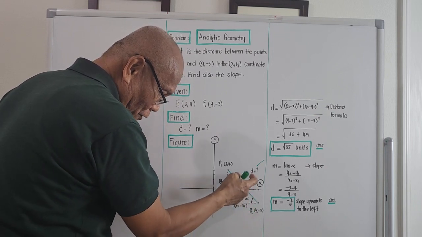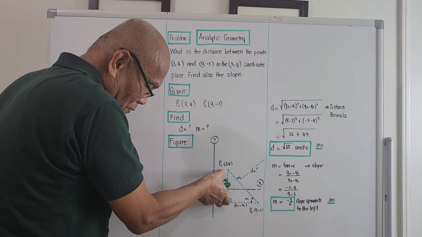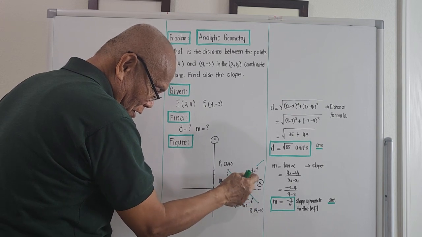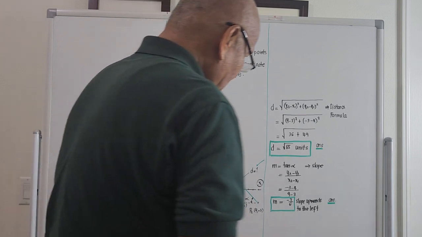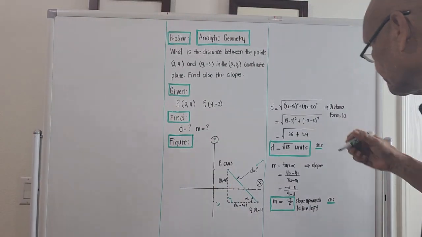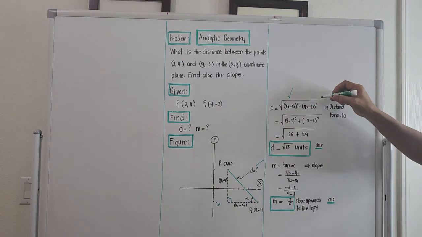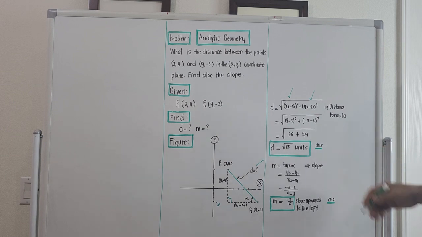So to compute for D, we use Pythagoras principle. The square of this plus the square of this should be equal to the square of D. And solving for D, it's the hypotenuse, right? It should be (x sub 2 minus x sub 1) quantity squared plus (y sub 2 minus y sub 1) quantity squared. And this is the so-called